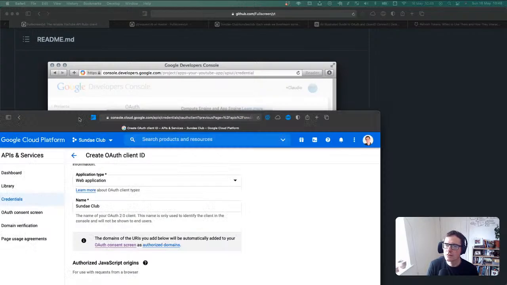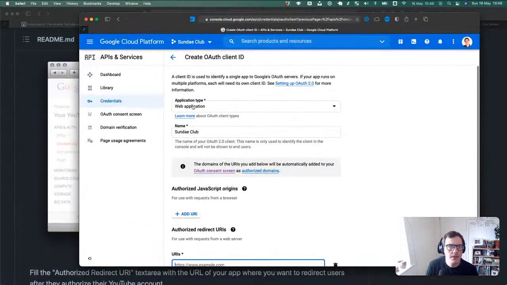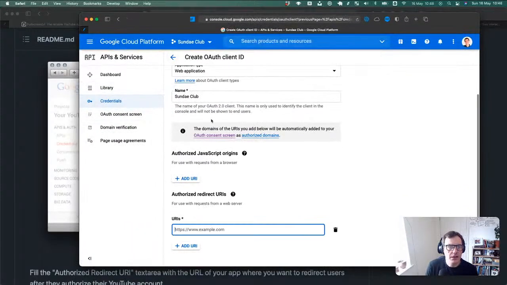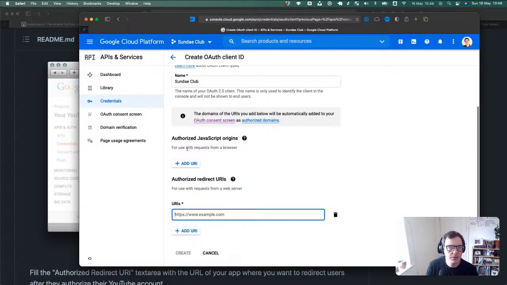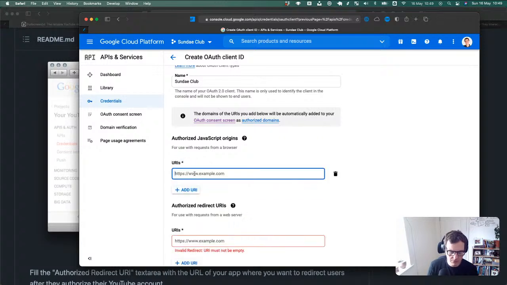Okay, so this is... I'm going to bring this back. So we're going to create OAuth client ID. Name the application Sundae Club. This value can't contain wildcards or paths. So we can make this like... Do we want to add in our test stuff on here, I assume?